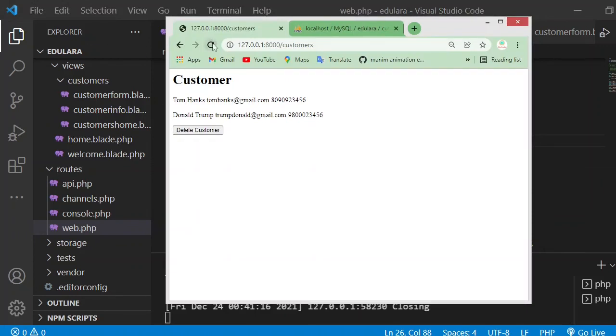Control S, save, and then if I hit customers and then I pass /1,